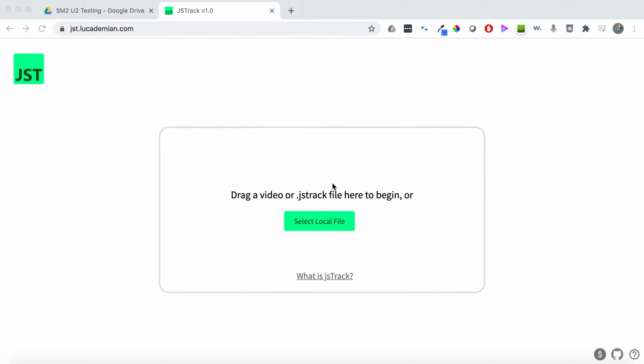Hey Math Kids, today we're going to talk about how to use JS Track to take your videos and track the motion that happens in those videos. We're also going to take data from that motion and then put it into a spreadsheet and model a function that describes that motion. So to start off, take one of your videos that you made with your cell phone,